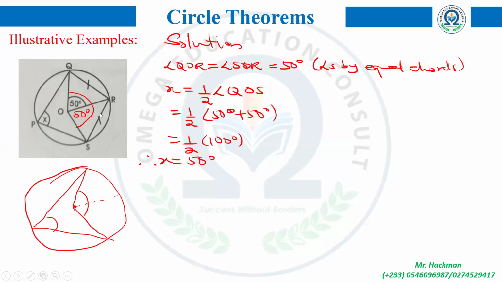Would you use cyclic quadrilateral to solve it and get a 50 here? Cyclic quadrilateral. Yes. If this is 50. Okay, so let me be exact. I want to understand your question. So this angle, if this is 50, and then x is over here like the way it is now. But there is